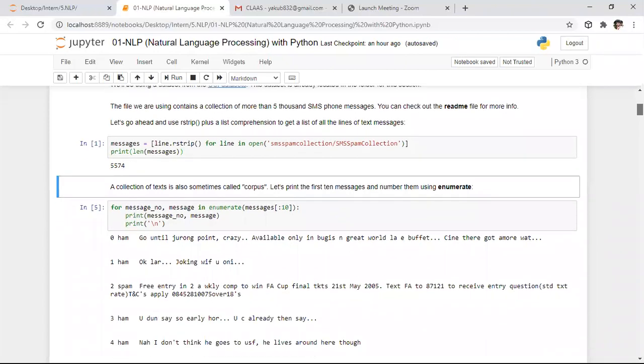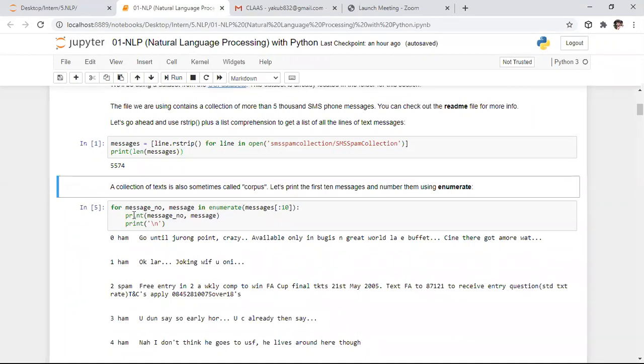After that, for each and every message, I want to give indexes, till the 10th message only. For that purpose, I am taking the help of the enumerate function. While explaining the basics of lists, I explained this enumerate function. The syntax is for index comma value in enumerate of list name.